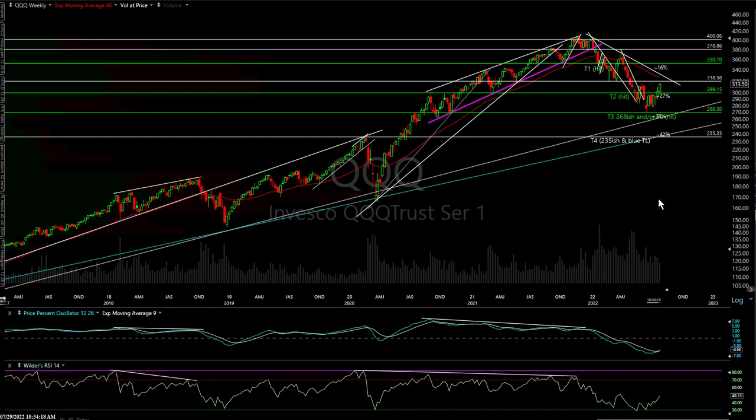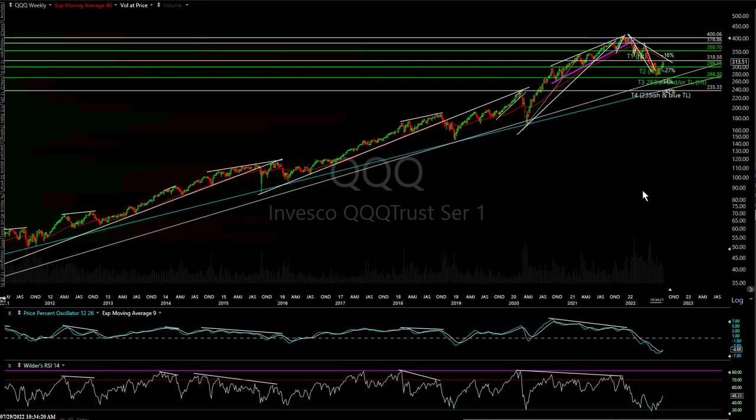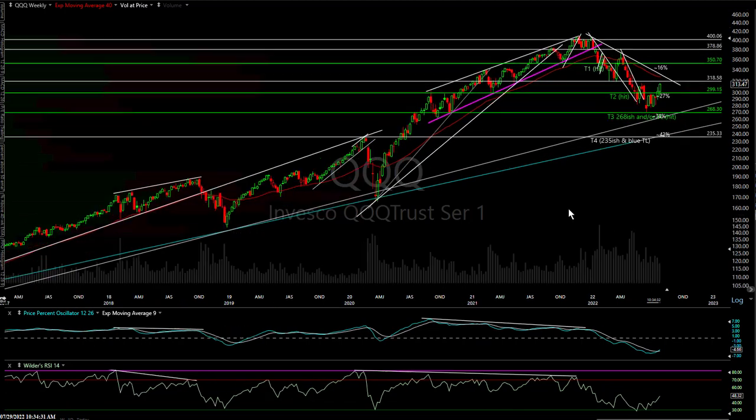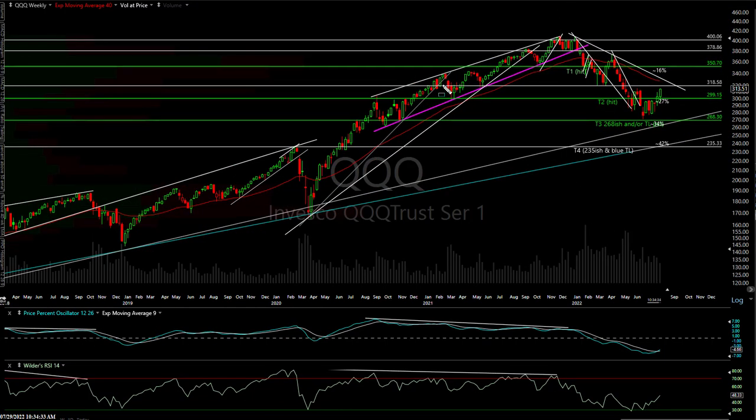So this is what has formulated my longer term bias or views on the market for many months now, and really years. Just to recap, we had a big divergent high, one of the biggest divergences in years. These are the same divergences that I use to mark tops of major markets and bottoms of major trends, bull and bear markets, especially when you're out here on the weekly time frame.